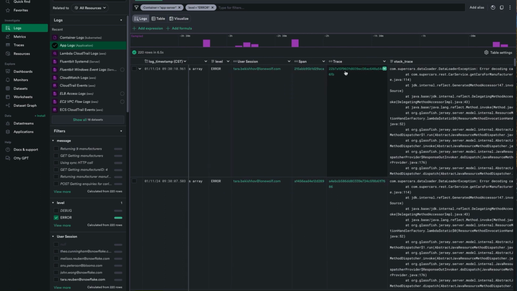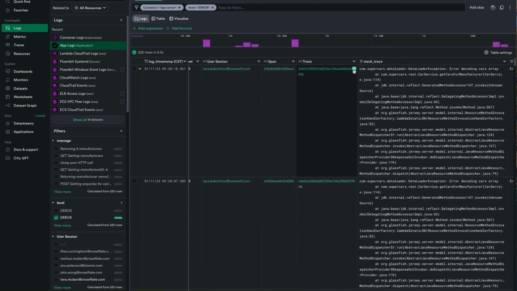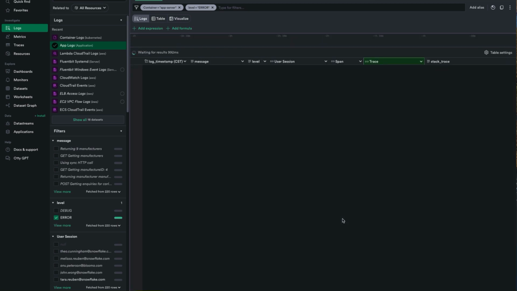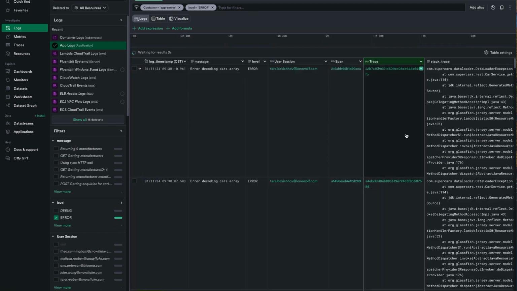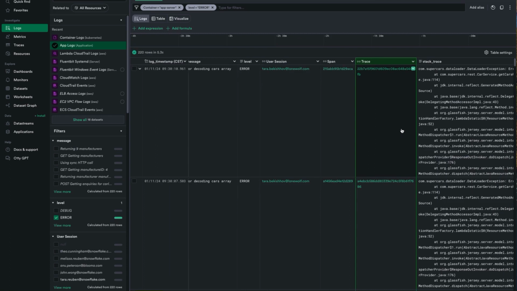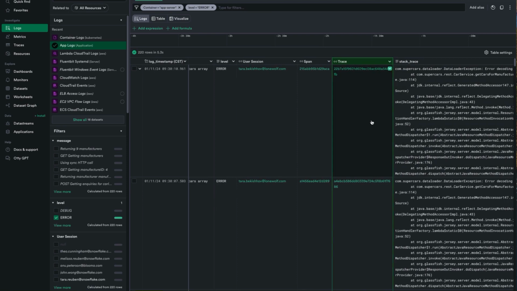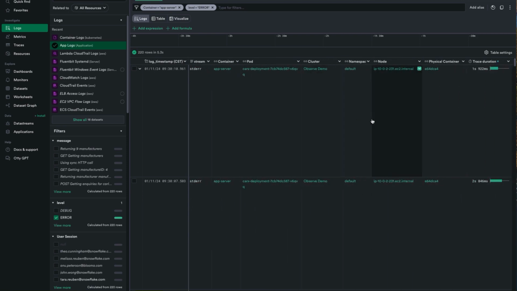And so if I come in here to say trace, I can add related fields. And maybe into this container log dataset, I want to pull in things like the duration to this dataset. So I can easily not just pull in information that's relevant or extracted from the logs that I'm looking at here, but actually create relationships across datasets and pull in relevant information as I need it, as I'm investigating issues within my environment. And then just like we did earlier, we could always come through and sort by or filter